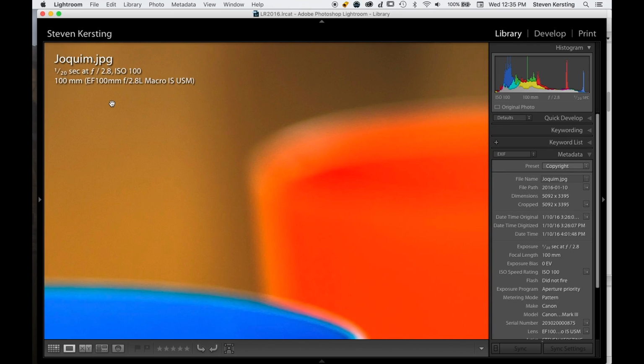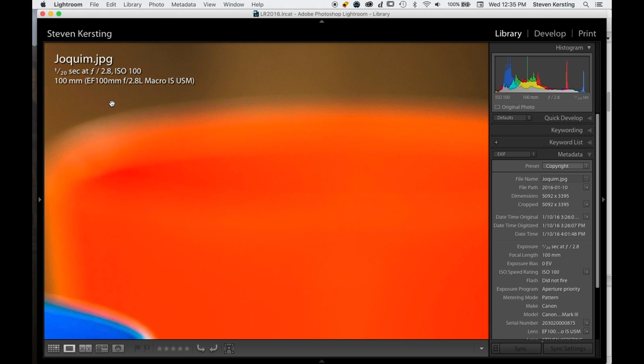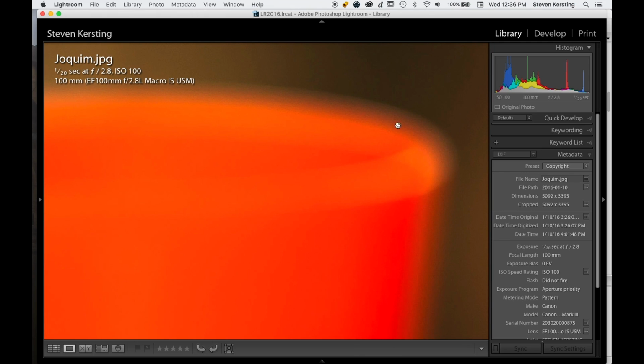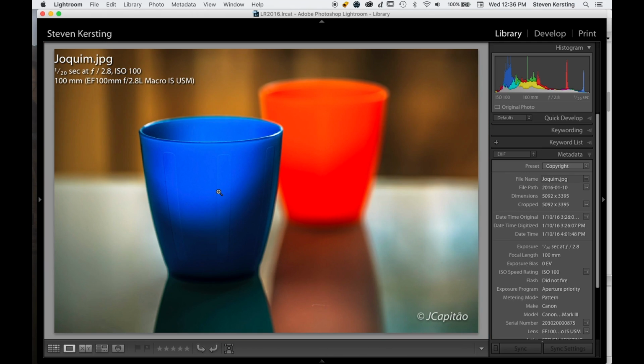Noise is not significant at the low ISO. Still a little noisy, but it could be treated easily. And it definitely, like I said, looks sharp. The background